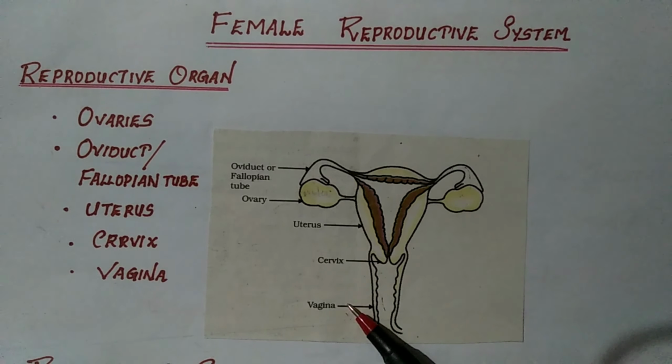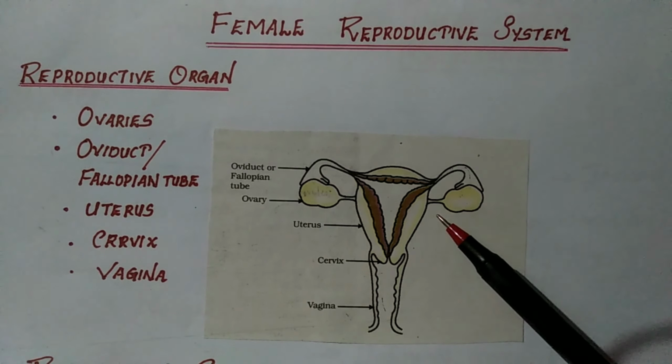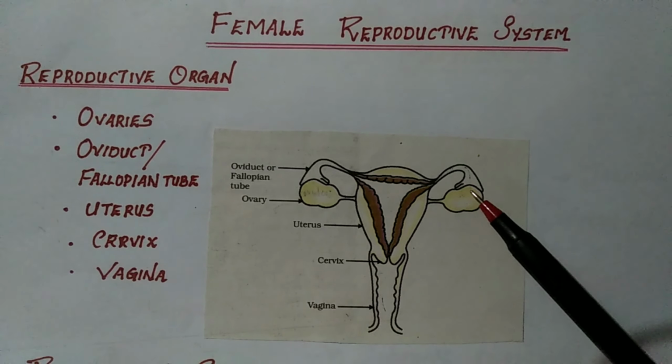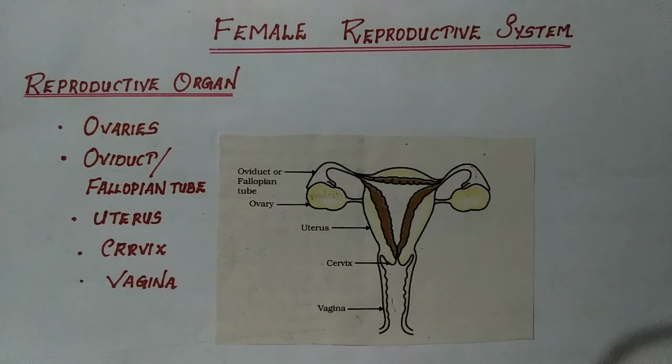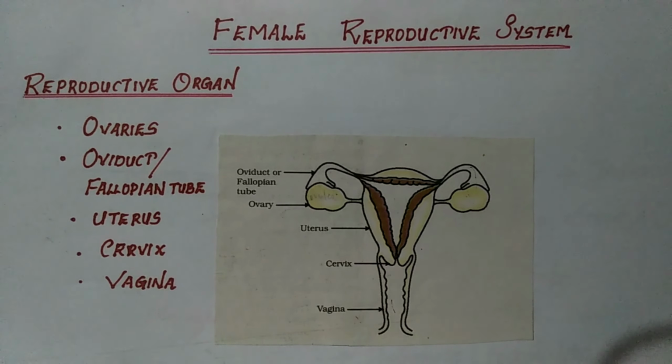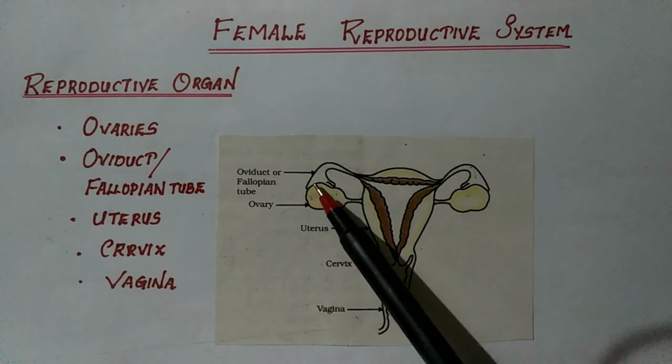Now, as you know children, the female germ cells or eggs are made in the ovaries, which are also responsible for the production of some hormones, namely estrogen and progesterone. When a girl child is born, the ovaries already contain thousands of immature eggs, and on reaching puberty, some of these eggs start maturing, and one egg is produced every month by one of the ovaries. The egg is carried from the ovary to the womb through a thin oviduct. So that is the function of the oviduct.